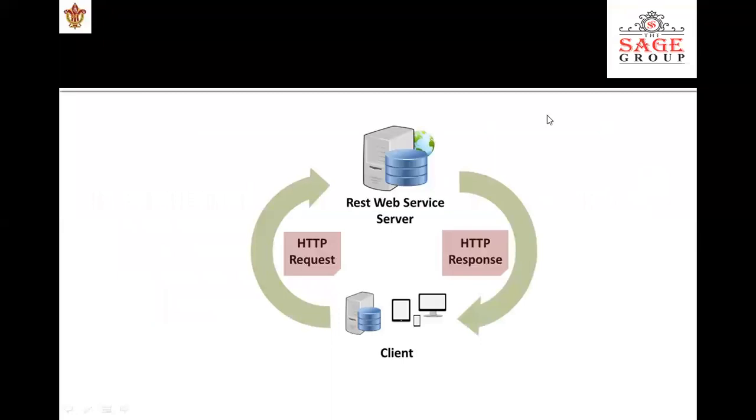Now, after that, we can see here the diagram of a REST web server, HTTP response, client, HTTP request. When you open your web browser, it is a client, and when you request any website, for example www.amazon.com, it goes in the form of an HTTP request to the server. Then the server gets the request, and after that it responds to the client through the HTTP response. This is the HTTP request, and this is the HTTP response.